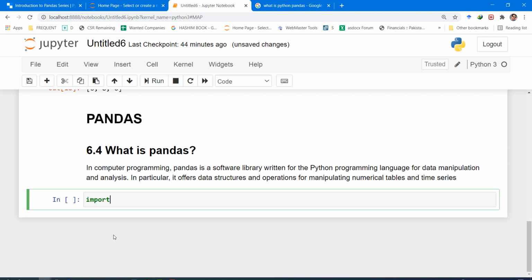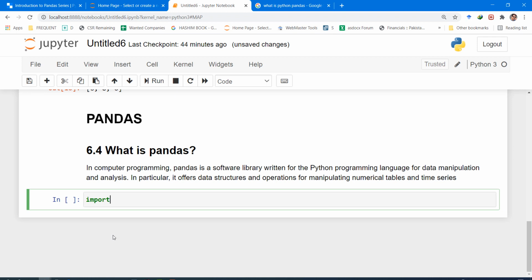And since we are using the Anaconda package, it already has the pandas library. This is why we don't have to install it. If you have installed just Python, then you first of all have to install pandas as well. But since we are using the Anaconda distribution, it already has a package of pandas, so we do not have to install it.